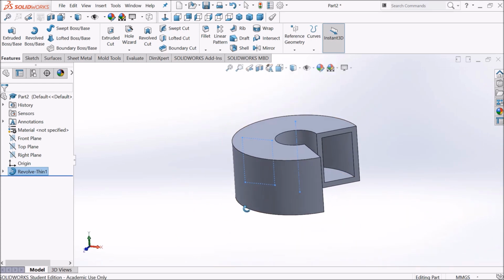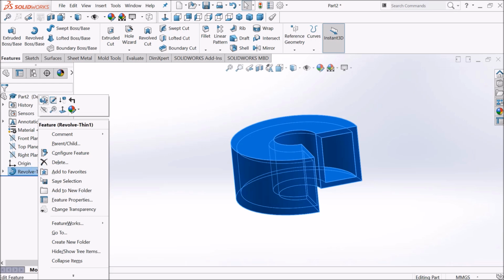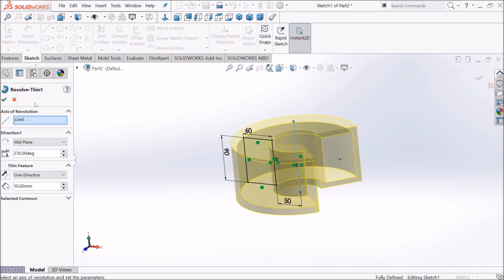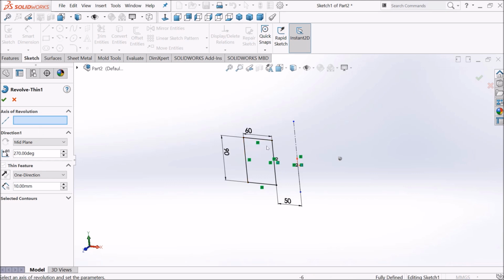I will go back here, right click and edit feature to show you one last thing. As I showed you guys, there has to be a center line or a construction line in order to make a revolve feature. If I delete this, I could have also selected one of these lines here, and a cylinder would be created by revolving this rectangle around the line that I select. So if I select this one,